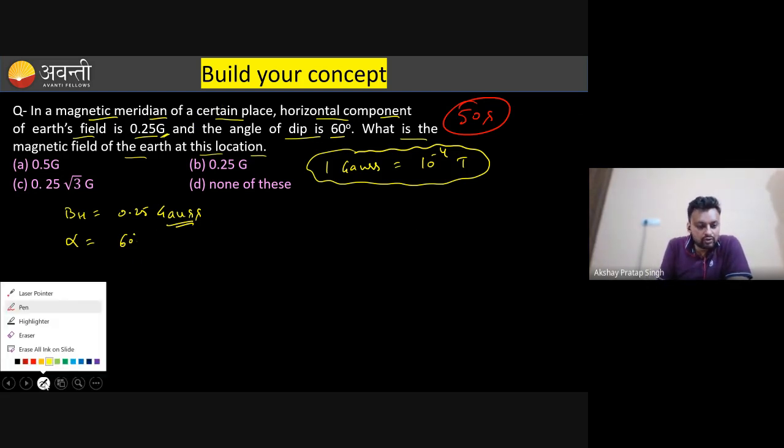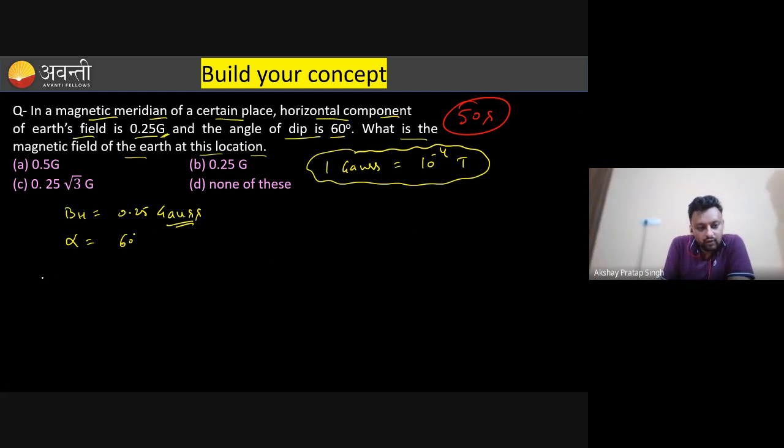Now everybody knows, or in fact everybody should know, what is Earth's magnetic field. The relation you can note down in your notebook and keep it in your mind: the magnitude of Earth's magnetic field is the square root of horizontal component square plus vertical component square. Clear? But according to the question, the vertical component is not given. So what you will do,